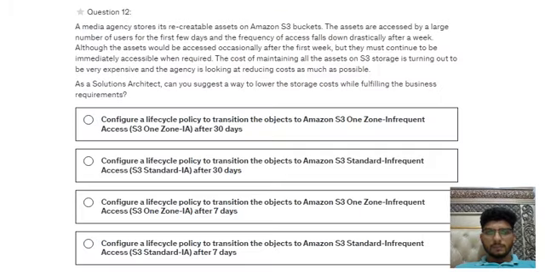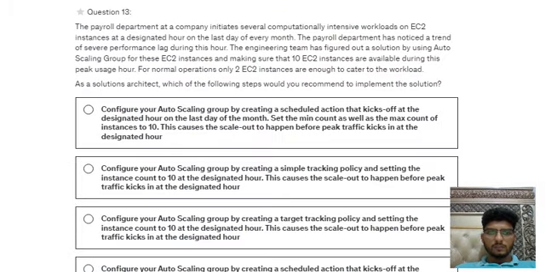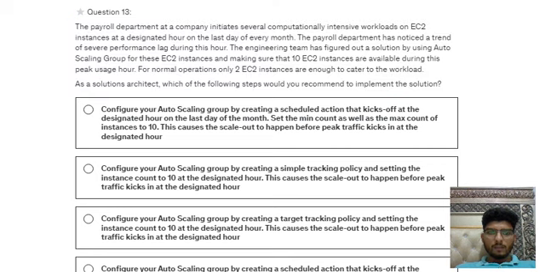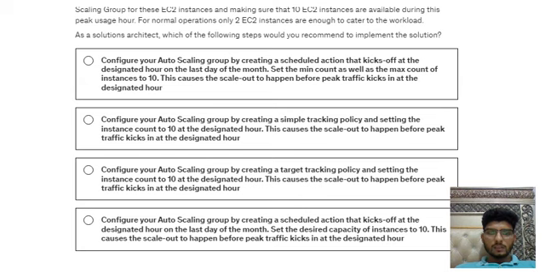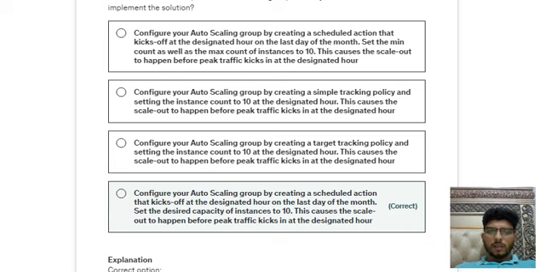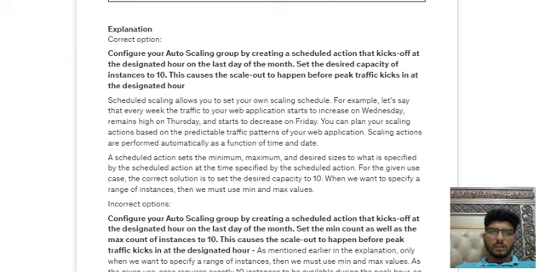Okay, the next question is: the answer is to configure your Auto Scaling group by creating a scheduled action that kicks off at the designated hour on the last day of the month. Set the desired capacity of the instances to 10. This causes the scale out to happen before the peak hours kick in at the designated hour. And the explanation of the correct answer is